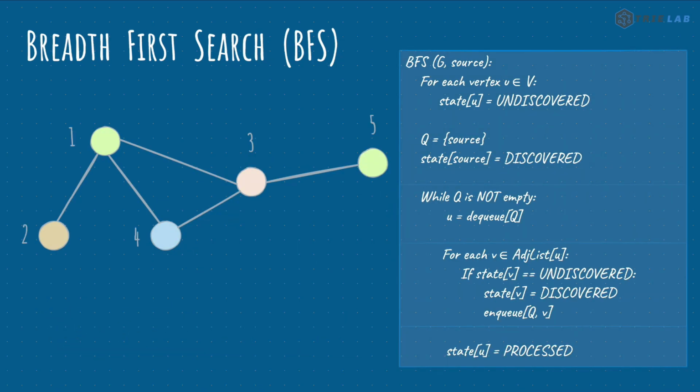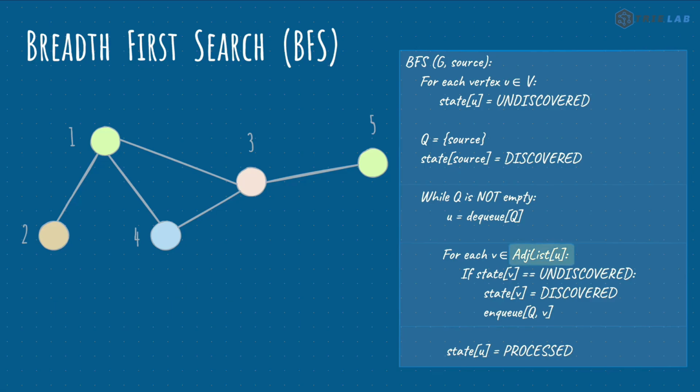It's quite simple. We maintain a queue to hold the nodes that have been discovered, and then for each of the nodes, we remove from the queue, we discover all its adjacent nodes and mark that particular node from the queue as processed. And then we continue the same process for the next node in the queue. So let's simulate this algorithm to see how it works in practice.